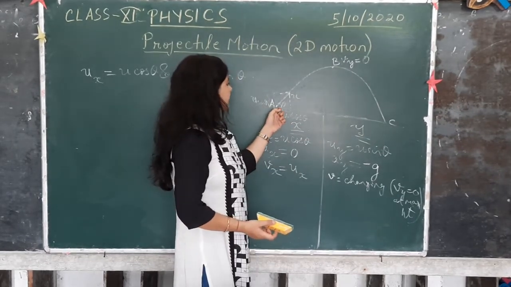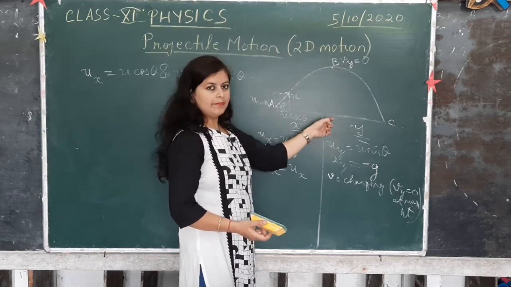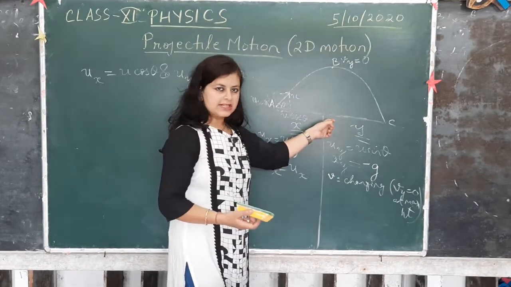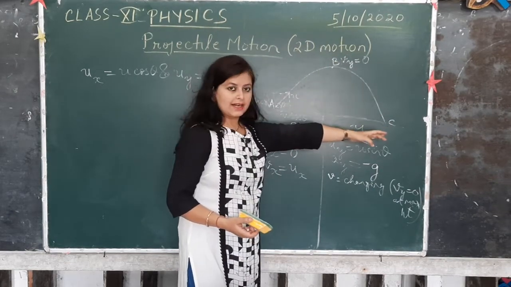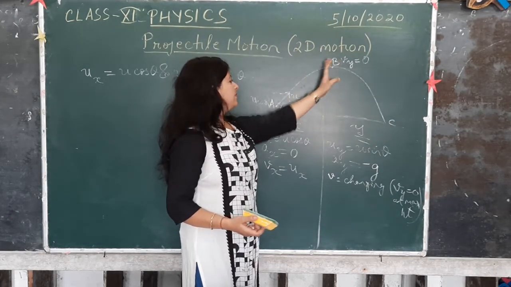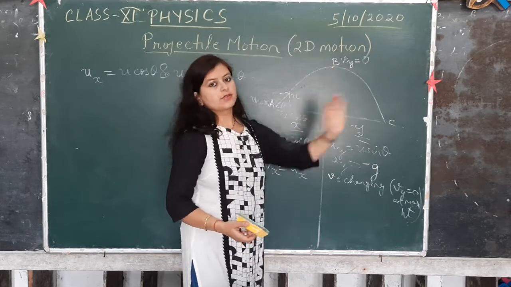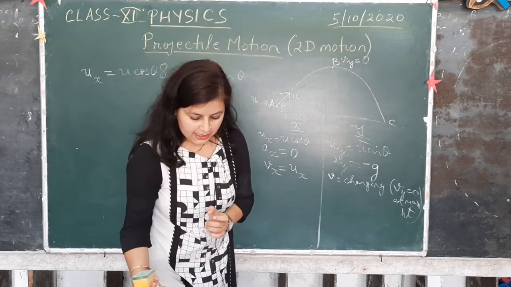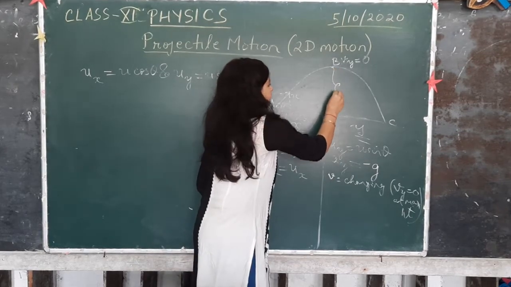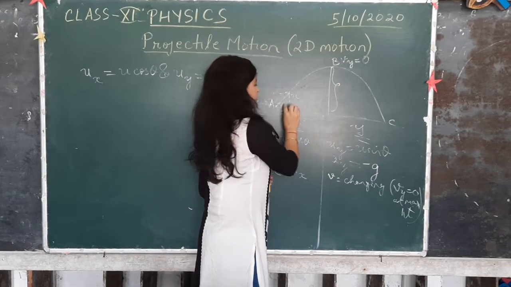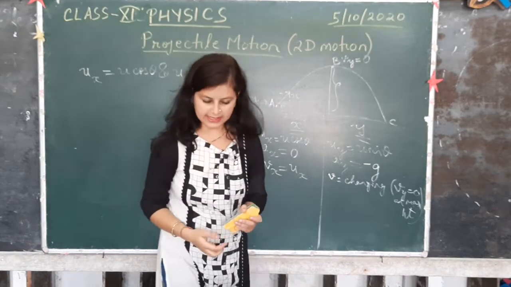So first we will take time taken to ascend up. It is found experimentally that the time taken to ascend up is equal to the time taken to descend down. That means we will just find the time from here to here, and then we are just going to double it. And the second one is maximum height. That means what is the maximum height reached by the projectile? It depends on this angle. We will come to know about that later.